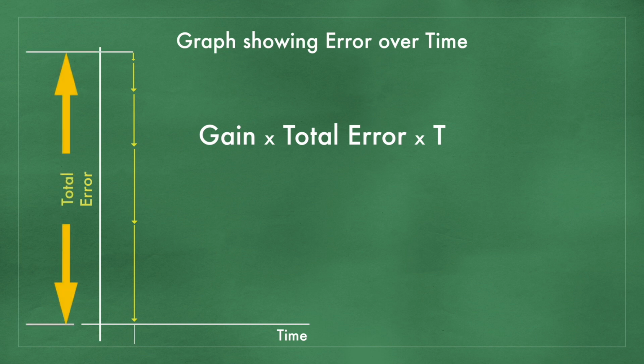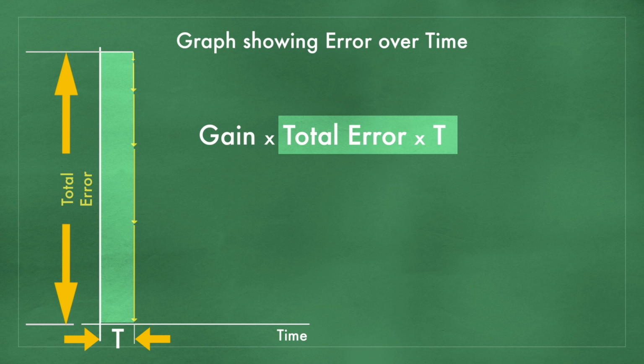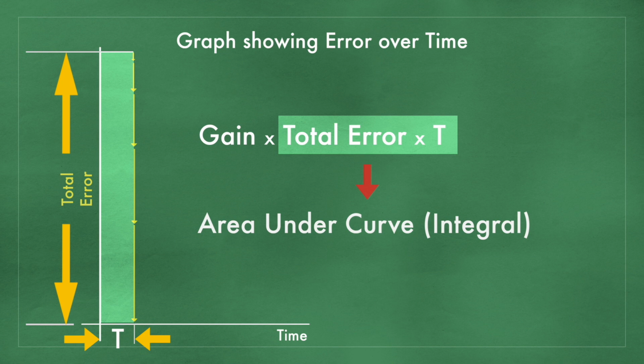Then if we multiply the total error, as in the equation, by t, we effectively get an approximation of the area under the curve, the integral, which can then be multiplied by the gain Ki. Not forgetting that the total error is equal to the sum of the previous errors plus the present error. So the first 4 arrows could be considered the sum of previous errors plus the small error which is calculated on the next scan. Okay, hope that makes things a little clearer on how we integrate to calculate the area